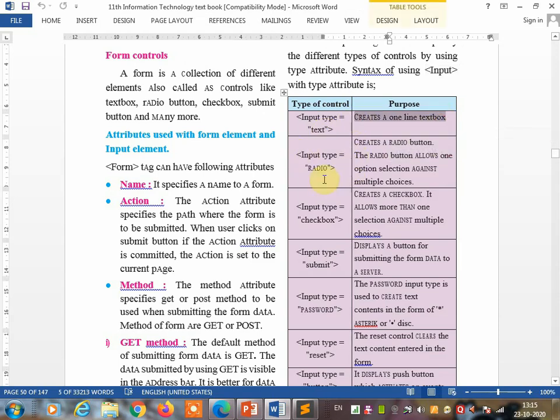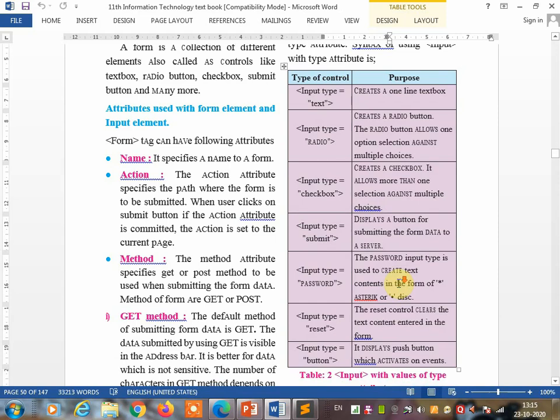Input type equal radio creates a radio button. A radio button allows one option selection among multiple choices. Input type equal checkbox creates a checkbox, and it allows more than one selection. Input type equal submit displays a button for submitting the form data to the server.